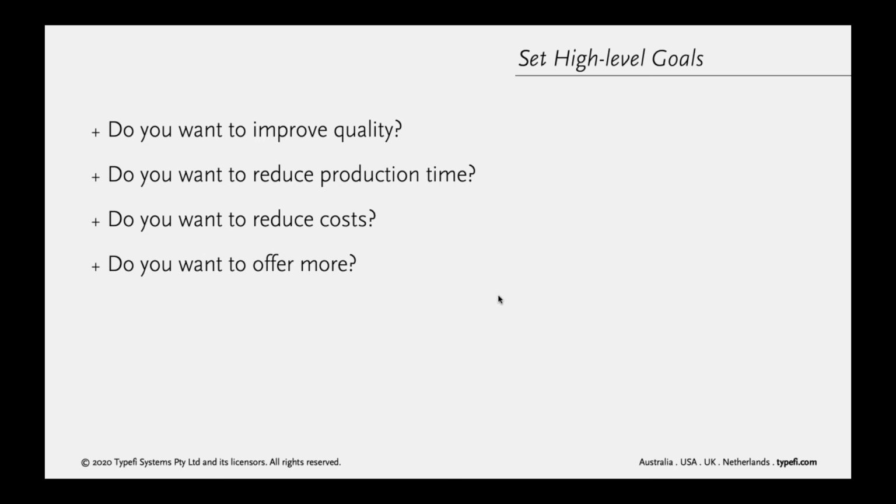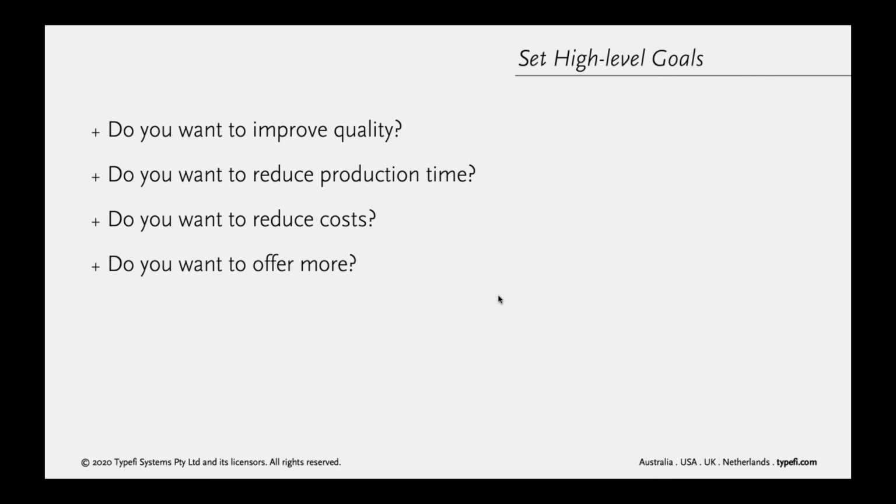setting high-level goals. Do you want to improve quality? If you had more time and money, how would you make the experience better for your audience? Do you want to reduce production time? If you increase your efficiency, you'll be able to spend more time on crafting new content, for example.